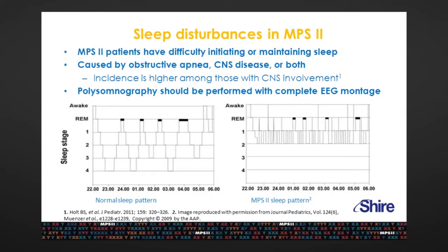But we should assess our patients with sleep studies, mainly for the ENT and the respiratory symptoms. We have to remember what a normal sleep pattern is. We start with slow sleep, and by the middle of the night we start to enter REM, and this architecture is very impaired in Hunter syndrome, due to the microarousals from apneas. What I would like to stress here is that when you ask for a sleep study, don't do it just on an ENT basis, but also for neurological reasons, because the sleep study also has very, very rich information